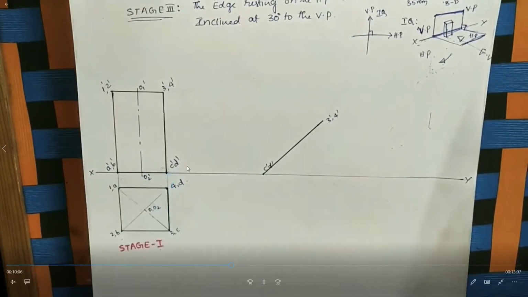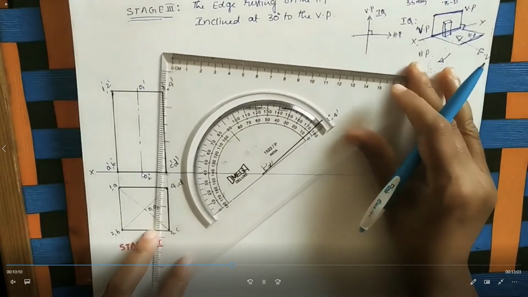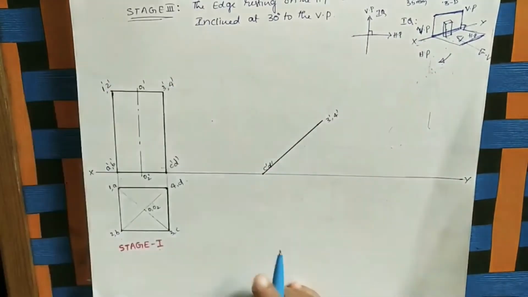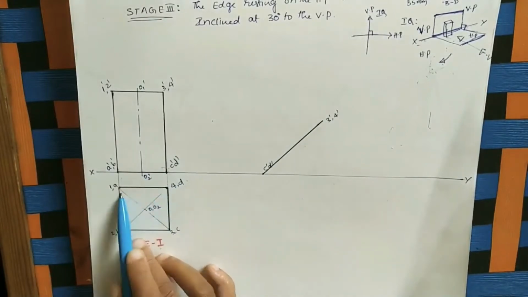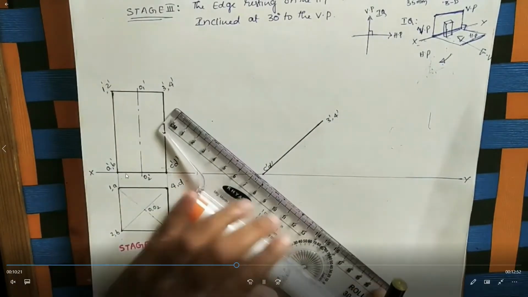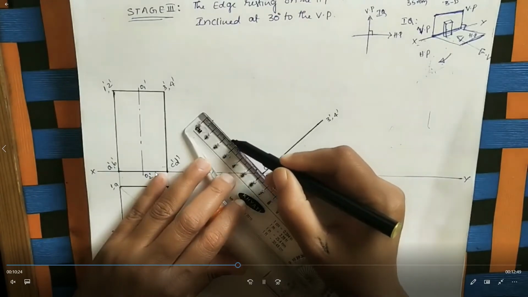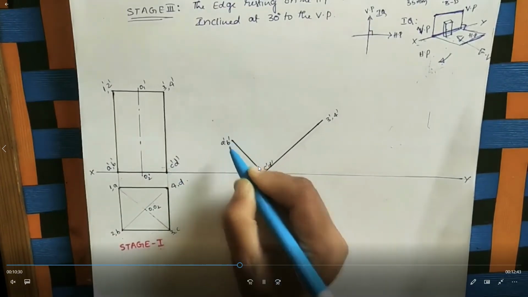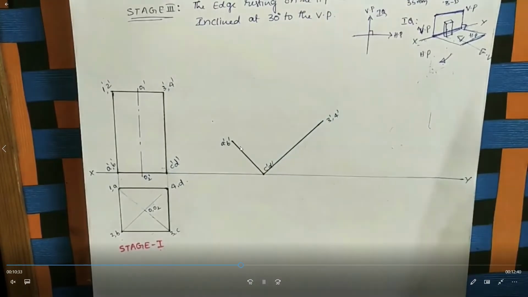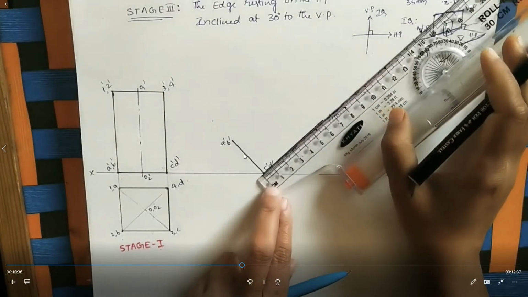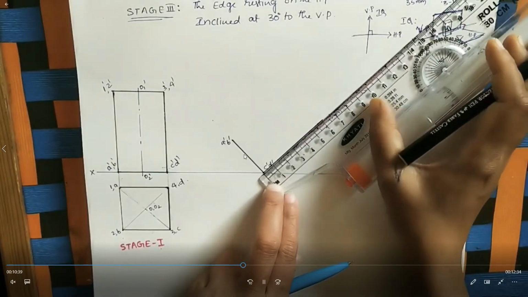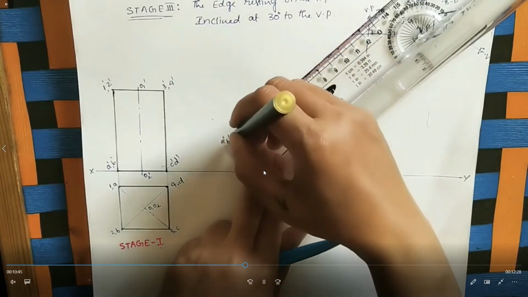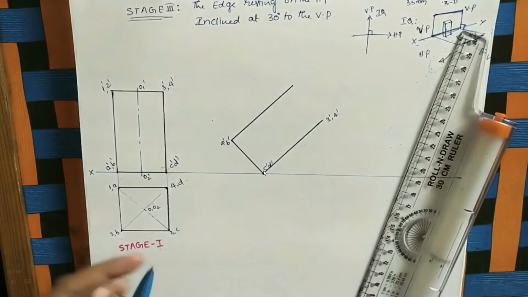how much is the front view distance here? A dash to B dash, C dash to D dash, what is that distance? In this way, you draw with the help of the scale A dash, B dash and C dash, D dash. Okay, now you identify the midpoint, and the axis length is 60. You observe here with the help of the scale, the length is 60, and then you join the